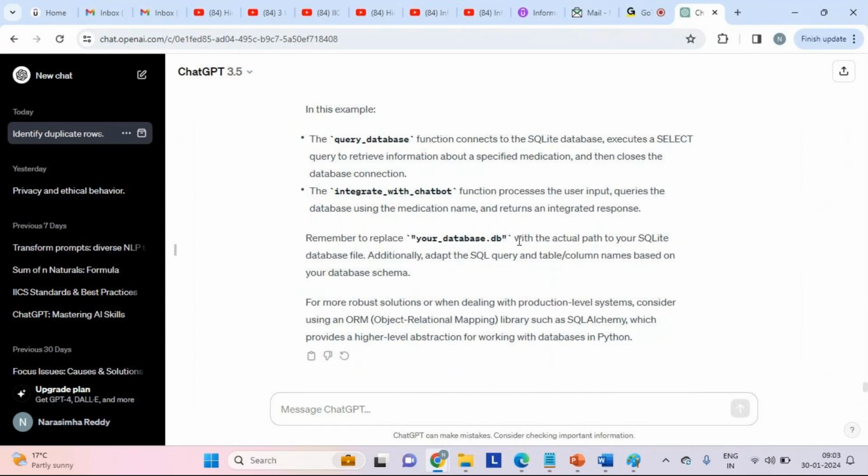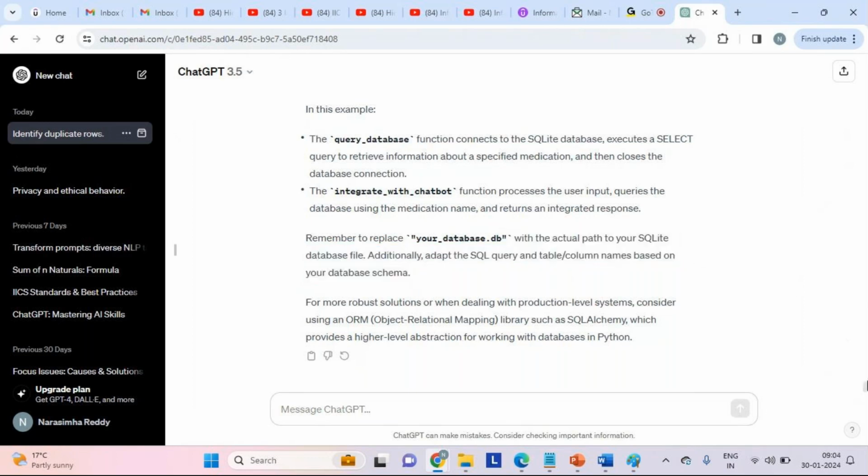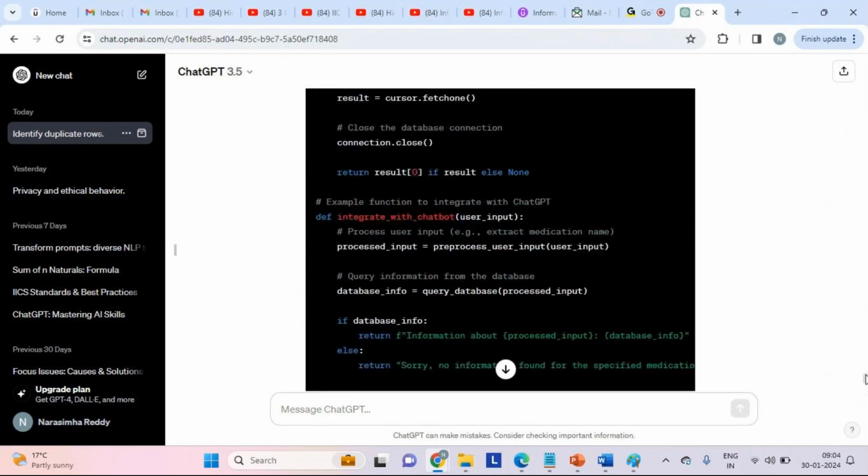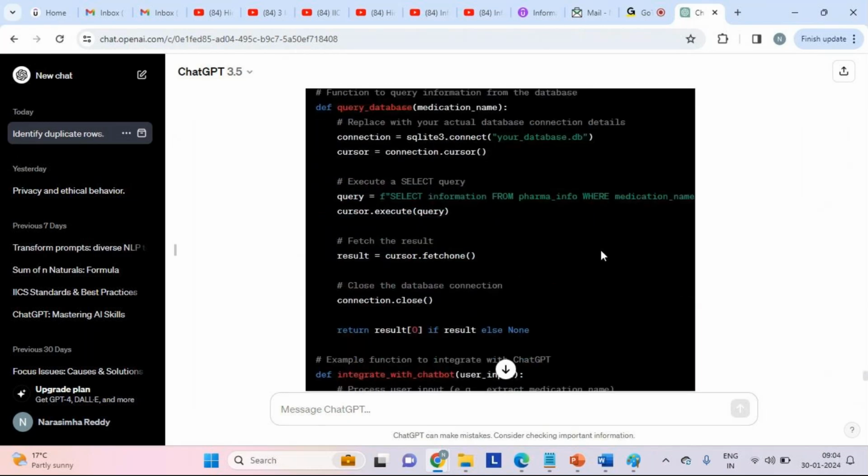So that's it. You see your database, we just have to specify the authentication and authorization stuff. The rest will be taken care of by this particular code. Can you see here? Once you define the data source details, the actual database connection details, then it is going to execute the query.